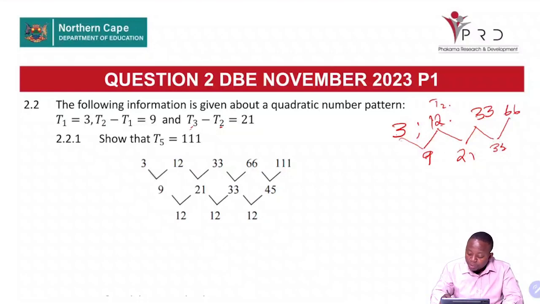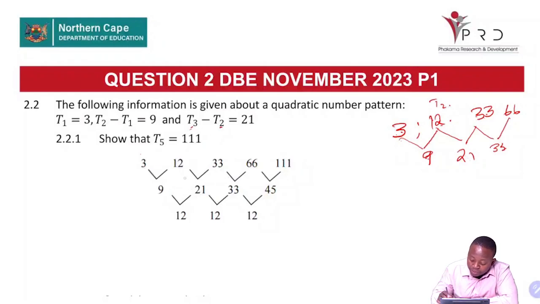So the difference between the two here, T2 and T1, is 9. T3 and T2, we have 21. And this one is 66. Show that T5 is 111. We already had this one, and that we now already know that this is,